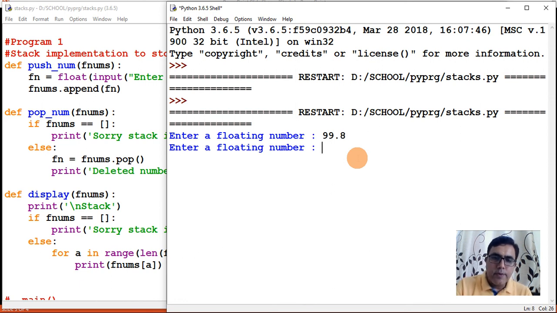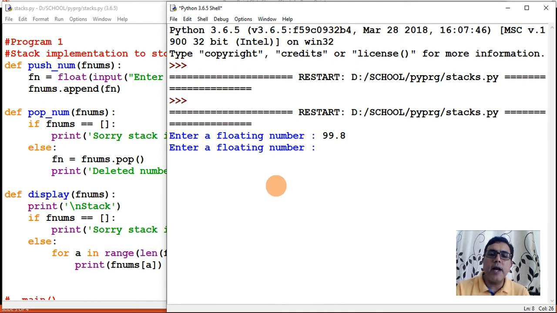99.8. Then three times you have called push underscore nums, so three times it will execute this function, right? After reading this value, it has appended 99.8. That means at fnums index 0, 99.8 will be saved, right?